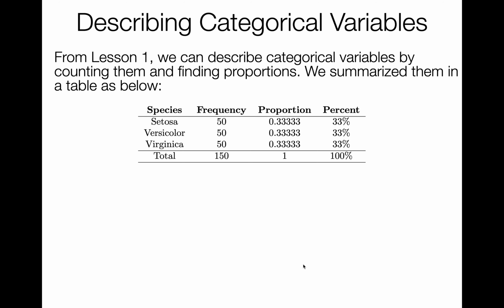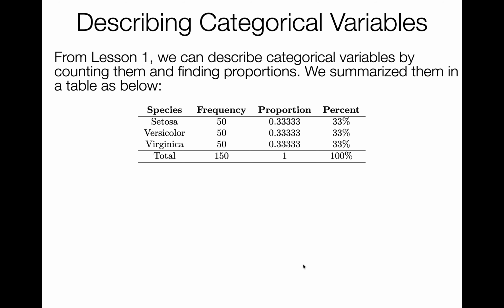1 about describing categorical variables with summaries or statistics, and we noted that it's very hard to talk about categorical variables because there is no sort of distance between the categories. And so all that we could do was count them, and then, of course, we could find proportions by dividing the counts by the total, and then we could turn that into percents. And so we did that last time, and we summarized them in a frequency table as such we see here